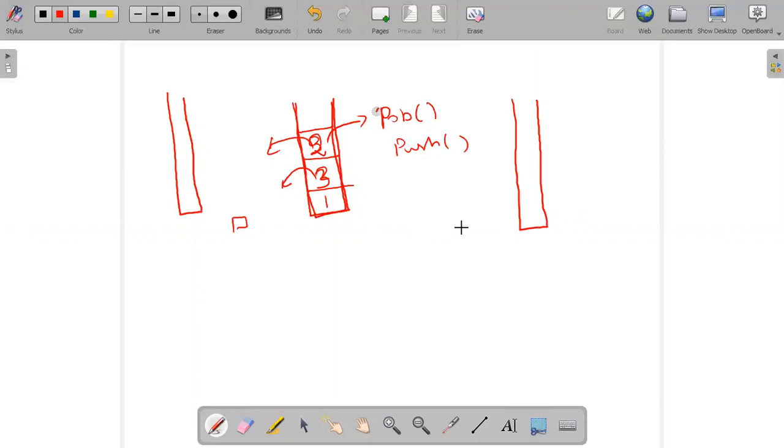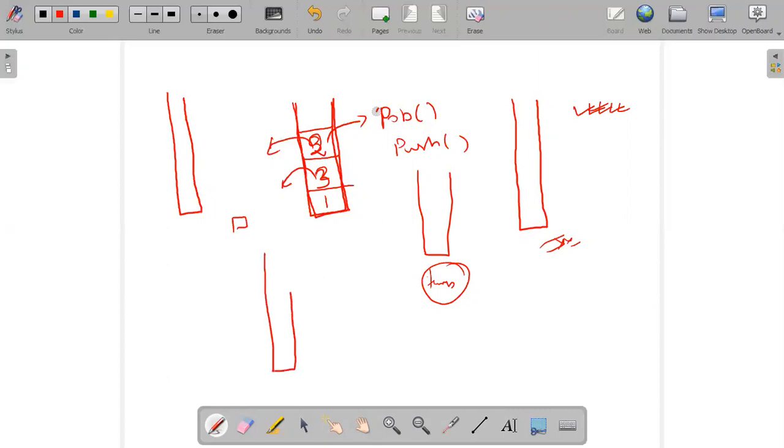And other than that, what I can see, you can design your stack ADT using a linked list. Yeah, this is a possible solution. People accept sometimes that without using extra space means I'm not declaring extra space as a temporary space. It's part of recursion. So other than that, there is one more technique, and that technique is using a linked list.